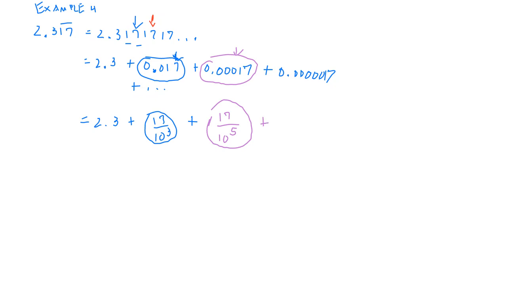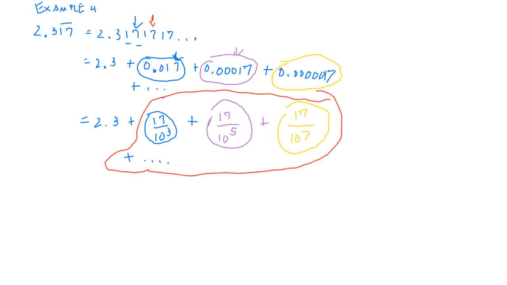And then, you know, finally, this is 17 10 millionths. So that's going to be 17 over 10 to the 7th power. See what they're doing there? And so what happens is, as you keep going, this portion here,